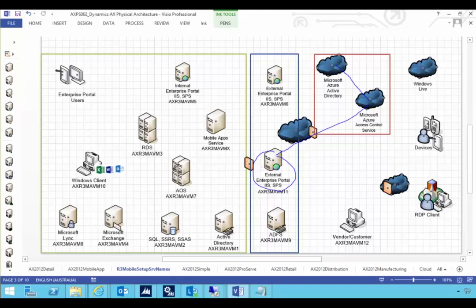So mapping the security roles permission to the user, which we did in the core AX. Once that's done, then the user can log on to the Enterprise Portal, and the authentication will go and reach out and check with Active Directory if they're a valid user. So that's a quick walkthrough of some of the concepts of using Azure Active Directory through ACS on the AX